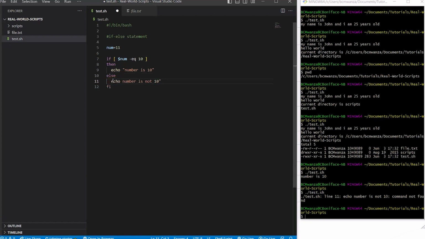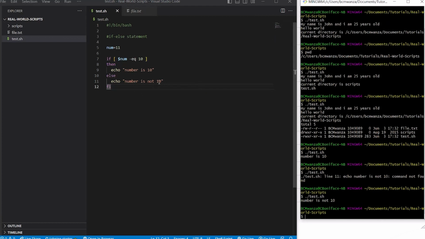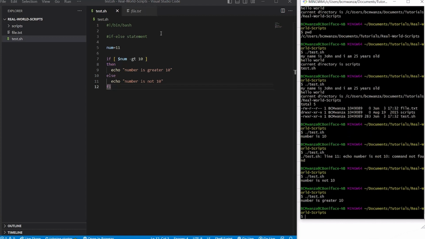Oh sorry, but the thing is we made a mistake here. We have a typo. Okay, so the number is not 10. We get the results here. Okay, and also we can check, right, if it's greater than, let's say if it's greater than 10. Okay, number is greater than 10. We're able to see, yep. So we're able to check, right,